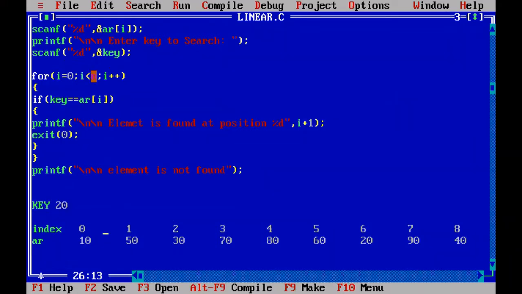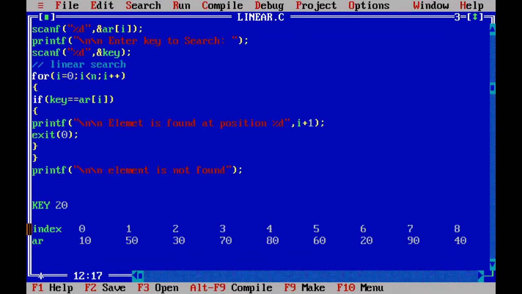Now we are performing the linear search logic here. What is this logic? Linear search. So the linear search logic is this one. Every time we are taking one element from the array elements. So first time, whenever the i variable is 0, we are considering ar of i. That means ar of 0 element.